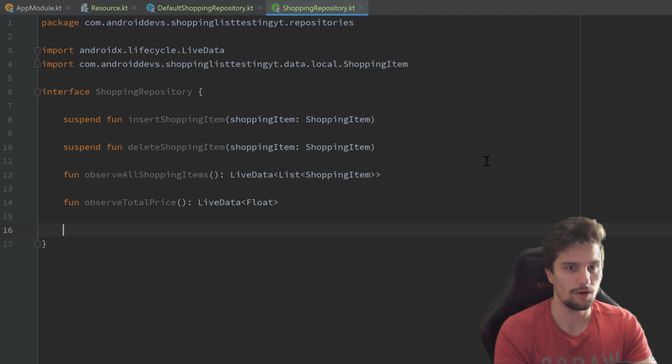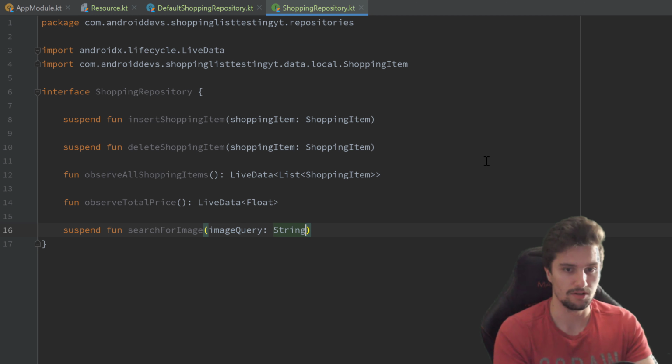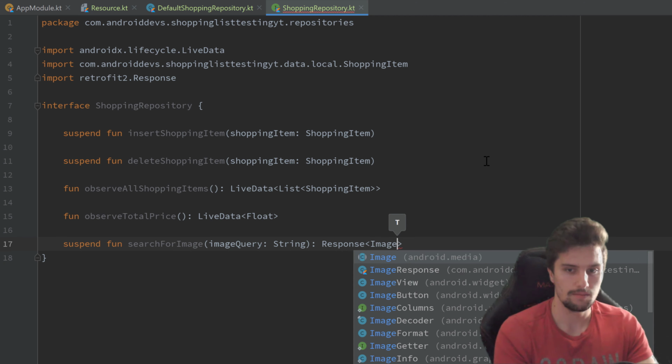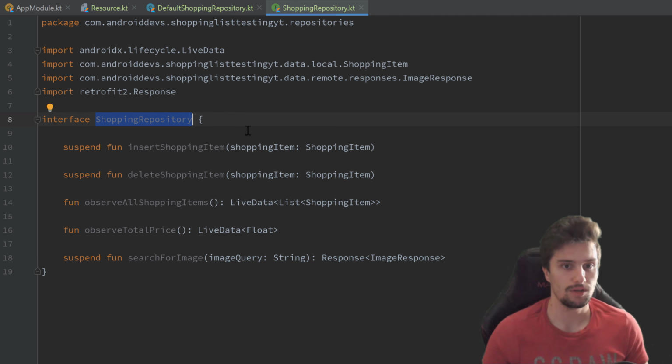And finally, for our API, we will have a suspend function searchForImage, which will take the image query as a parameter, which is a string, so basically the search string, and that will return a response of type ImageResponse. So that is now our interface ShoppingRepository, and then we can simply implement that interface in our DefaultShoppingRepository and also in our repository that we create for testing, and both these repositories will then always